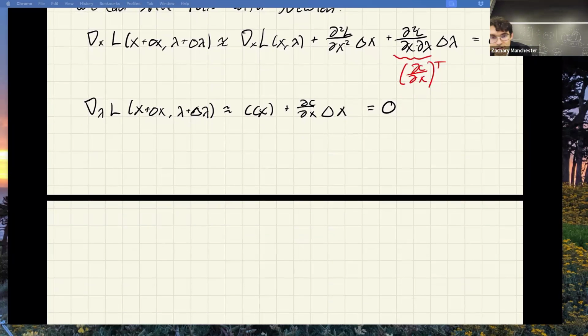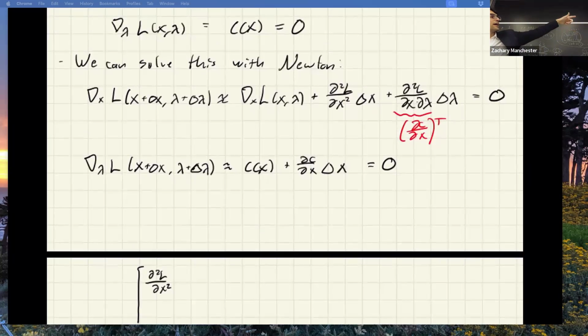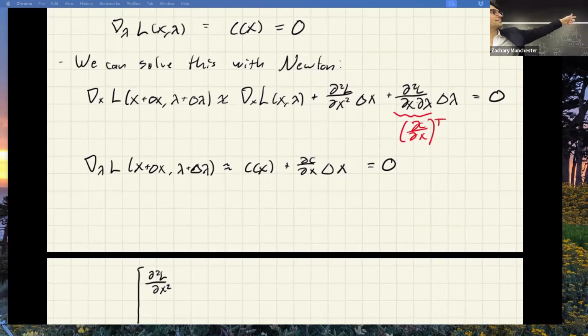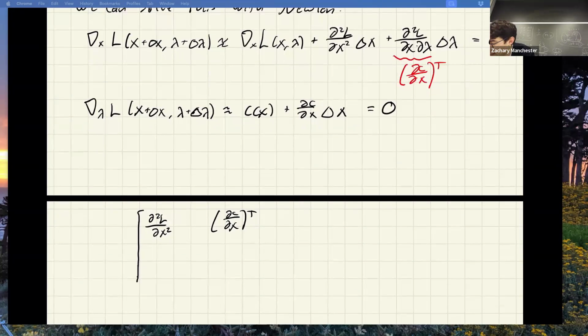If I do that, I just stack everything up, and it's going to look like this. I've got d squared L dx squared times delta x on the first line. Then the mixed partial term, d squared L dx d lambda, which we just saw is actually just partial c partial x transpose, so I'll plug that in. Downstairs, I get partial c partial x from the second line, and that's all there is. I get a 0 block over here because there's no lambda in it after I take one derivative. So this times delta x, delta lambda